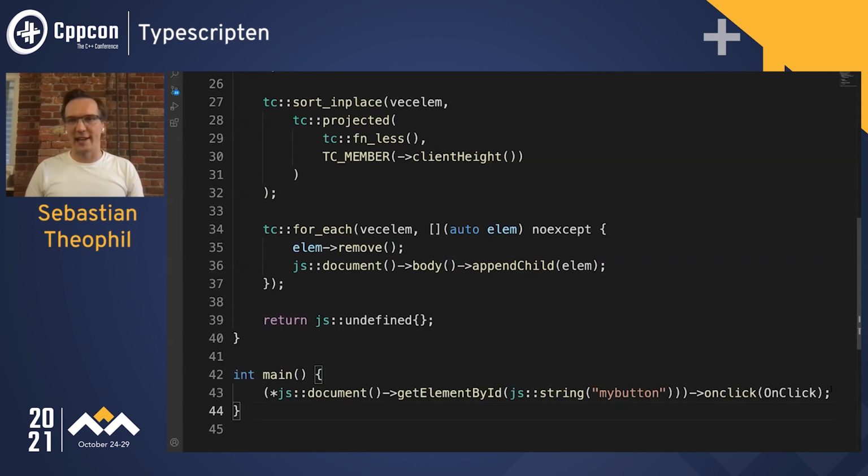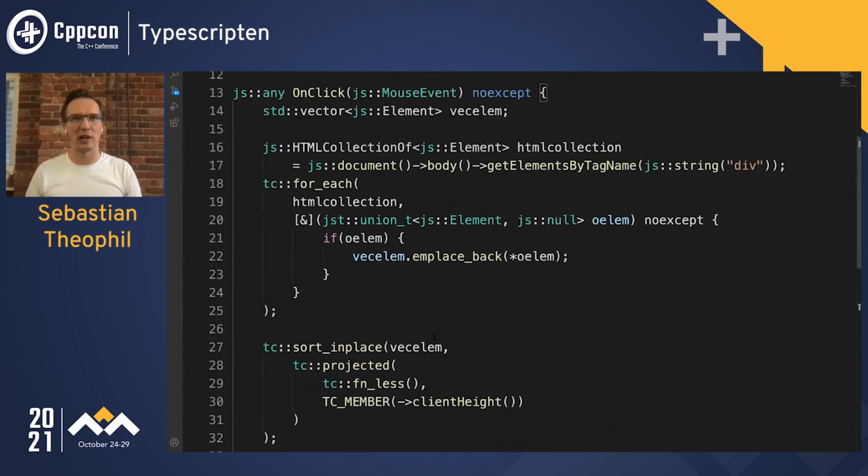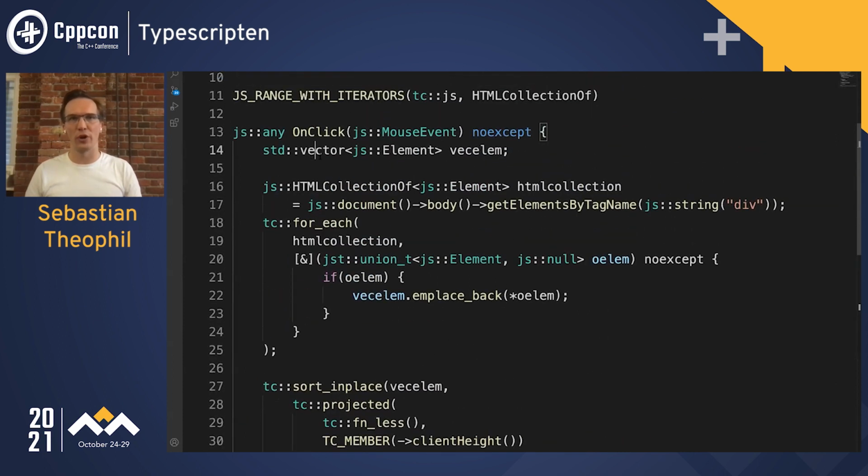So I would like to write this click handler. Here I look up my button by its ID, and then I want to set its click handler. And I have a C++ function on click that would do the work. Let me show you quickly how that works. So it's the click handler. It takes a mouse event. In that function, I get all the div elements, and then I get an HTML collection of those elements back. I do a for each over that element of JavaScript objects, over that JavaScript object itself,